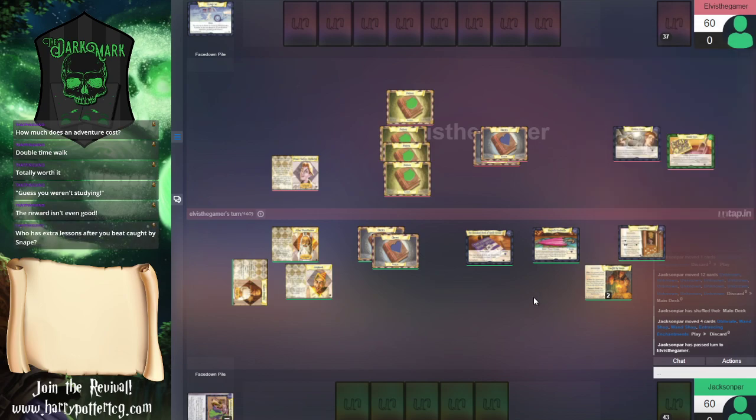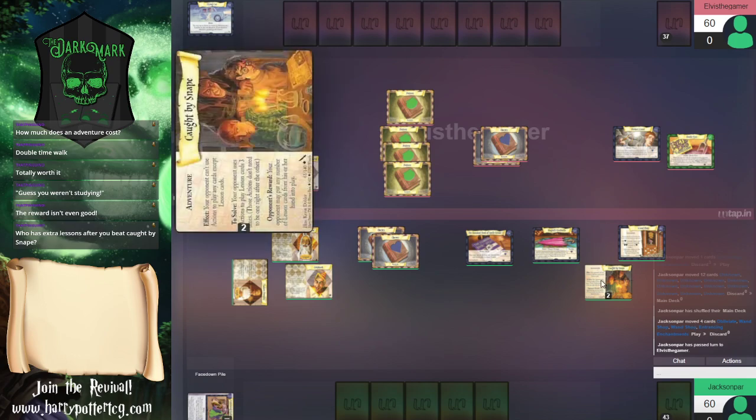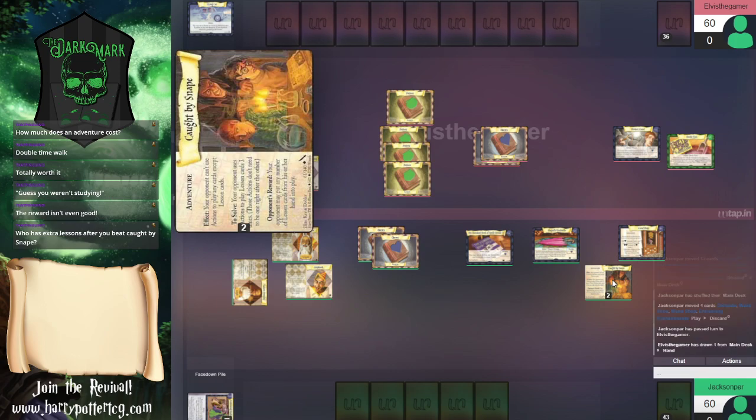Who has extra lessons after you beat Caught by Snape? Ah, exactly. Yes. So that is why the card is so good, right? The best adventures have 2 qualities that are very important. For an adventure to be one of the best adventures, it needs to have some kind of inherent protection against removal cards, right? So the way that this is worded, your opponent can't use actions to play any cards except lesson cards. So they have a Dobby's Disappearance in their hand. Dobby's Disappearance can bounce any permanent in play to the hand, but it can't be cast when Caught by Snape